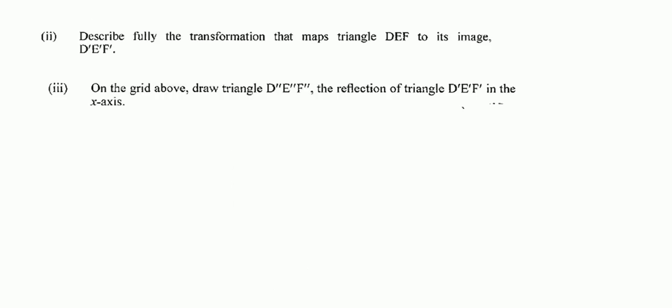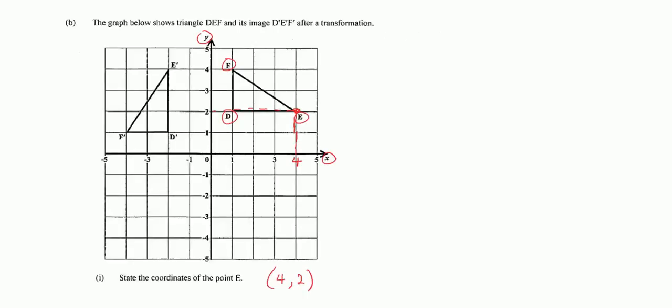Part 2 says to describe the transformation that maps triangle DEF onto its image, D prime, E prime, F prime. All right, now this is where students get confused sometimes. So whenever we are asked to describe a transformation, it can either be a translation, a rotation, a reflection, right? So if we just look at the